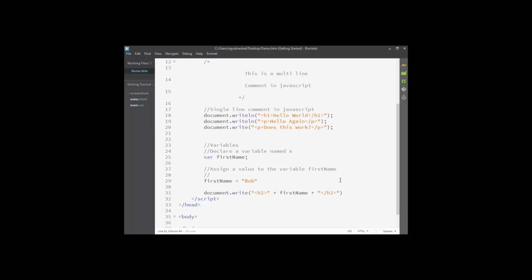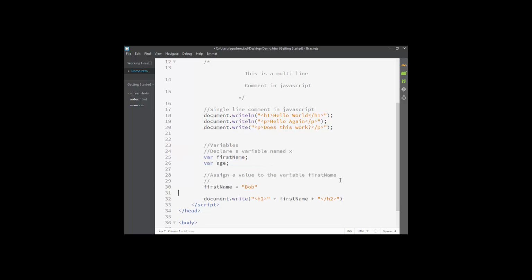Okay, Bob, and then let's do var age. Now, age equals. You notice when I have letters, I put those letters inside of double quotes. If I have a number, I just assign it directly. I don't put it inside of quotes. You don't have to put a semicolon behind the Bob? Again, it's best practice to include a semicolon. Now, if I say Bob